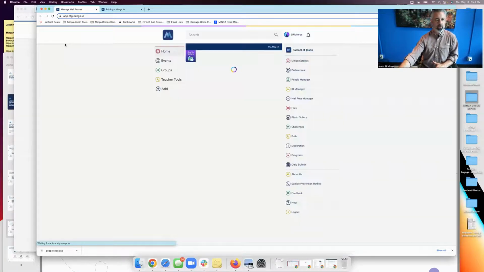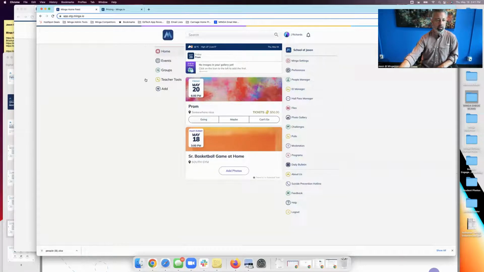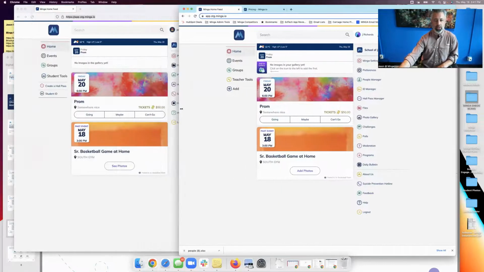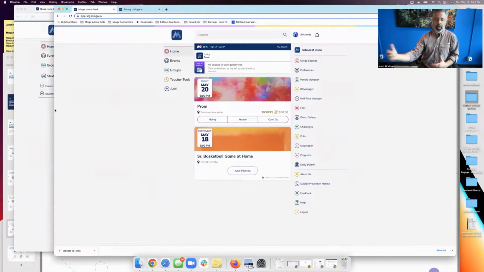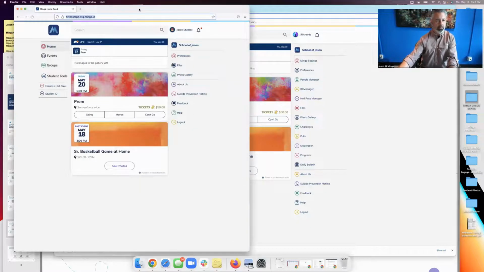So let's talk about a couple of very interesting use cases, because of course the bathroom and restroom hall pass covers that 90% of our hall pass usage. But digital hall passes have a couple other really great benefits right out of the gate for usage on campus. The first one is my basketball use case. So